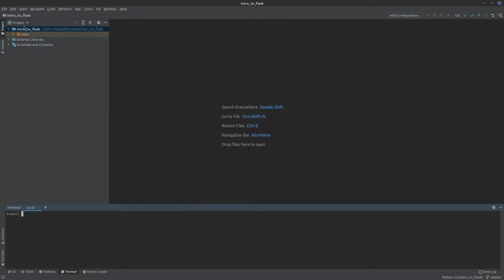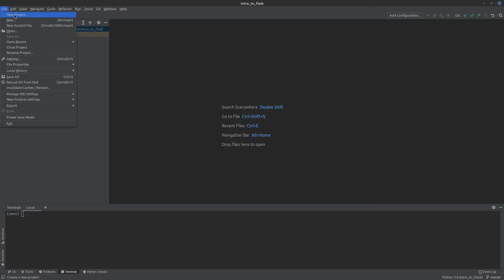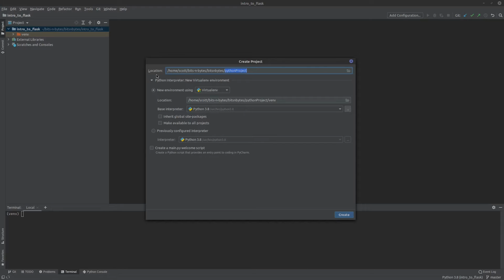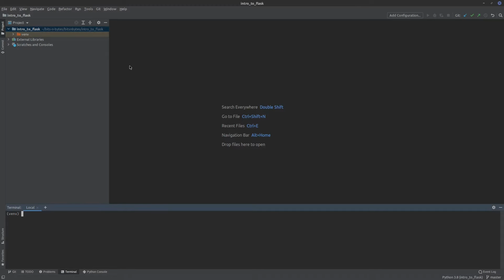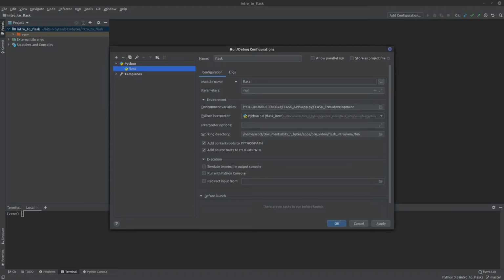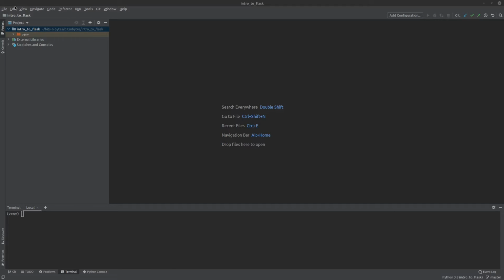So you'll notice what I did is I created a new project. The way you do that is you go to File, New Project, and then you pick the path where you want to put your project, and then you click Create. You'll see that it's using virtualenv, so it's going to create a new virtual environment in that folder. And if you look over here, you'll see our virtual environment is here. Now the next thing we're going to do is create a new configuration.